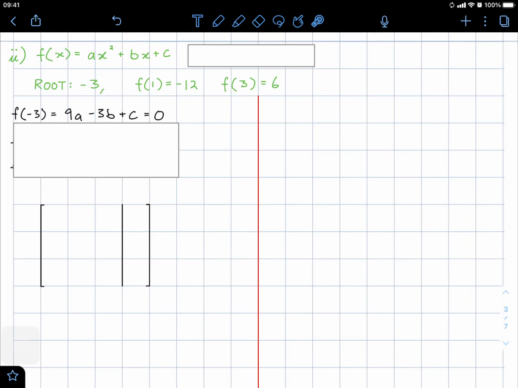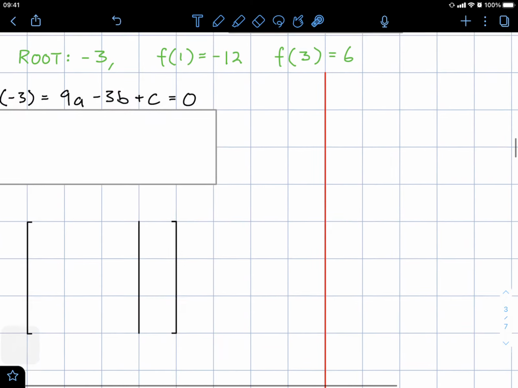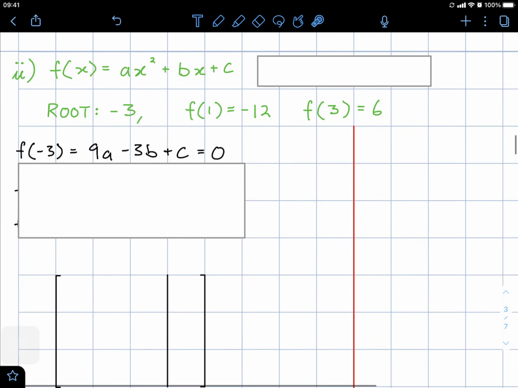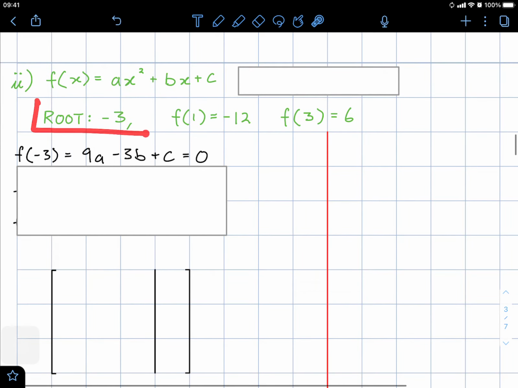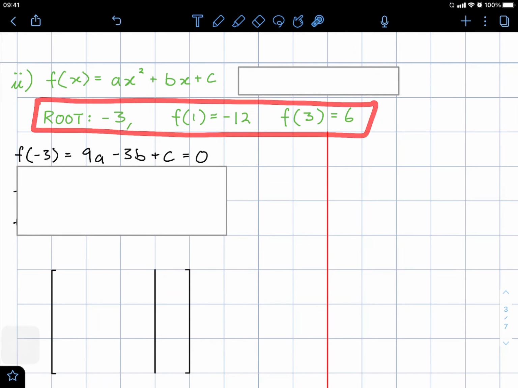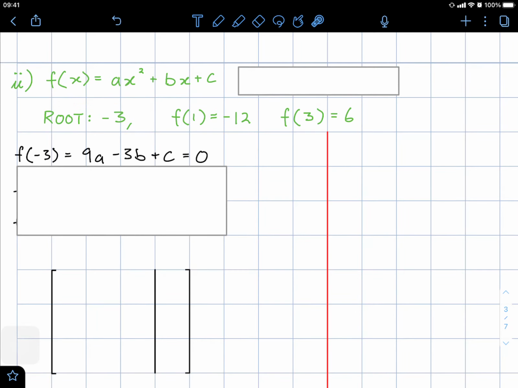Hello class, this is a video tutorial on the second example of using the roots and coefficients of a polynomial to solve for unknown values of a polynomial. So for this, what we first need to do is utilize the information provided and substitute them into the function